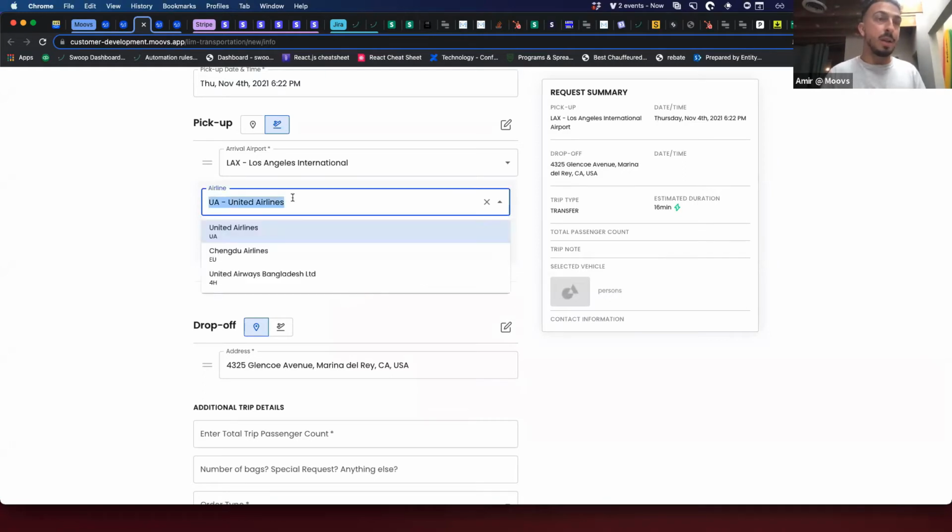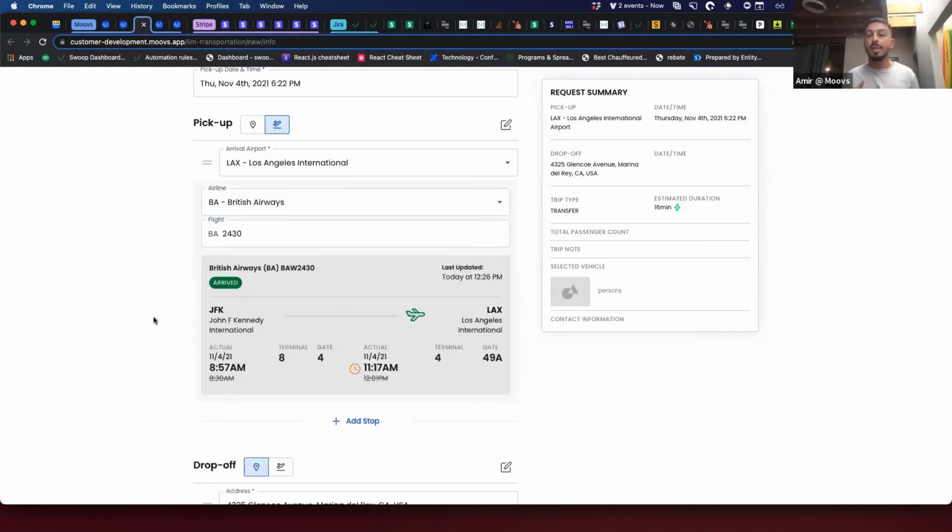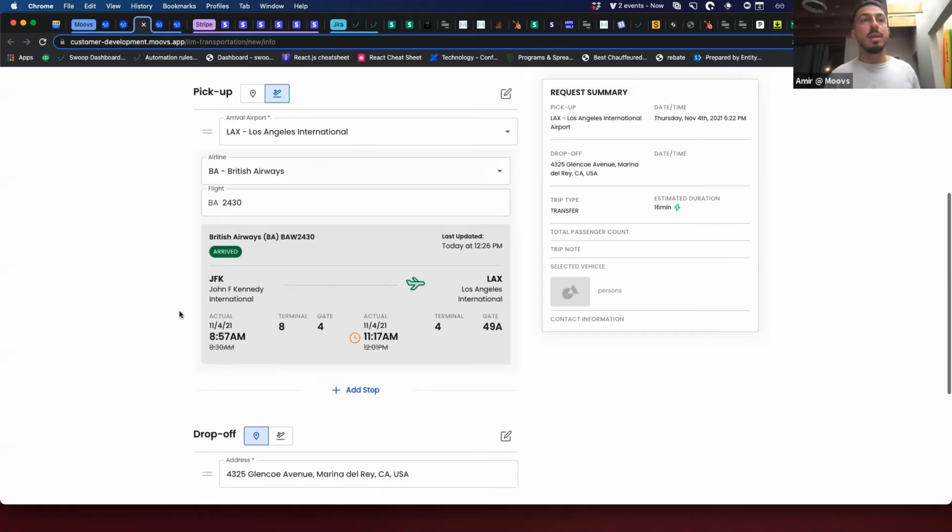Another example would be British Airways. Here I would type British Airways, and then we even give them that error, as you guys saw. Now it's very clear to the customer. The customer didn't have to do anything. If they just type their flight number and leave, we're now saving this into the system for the customer. I like that. That's perfect. I think you guys are going to really like this, especially if you're doing airport pickups, and it's going to guarantee that the customer gives you flight information.